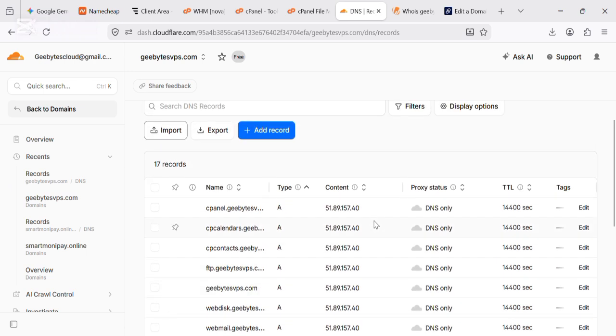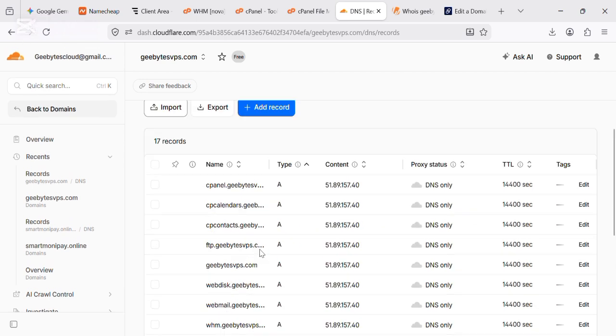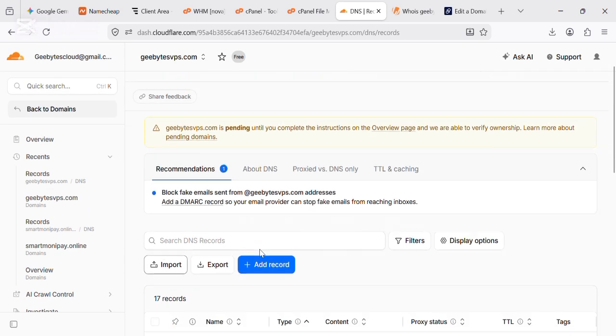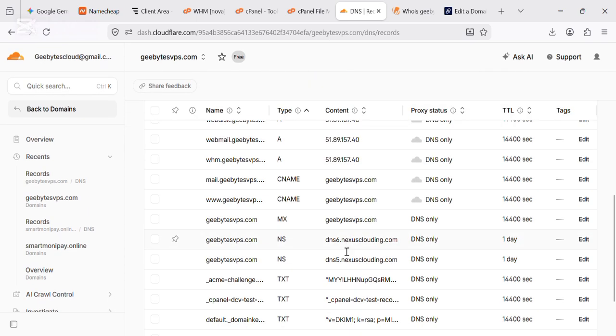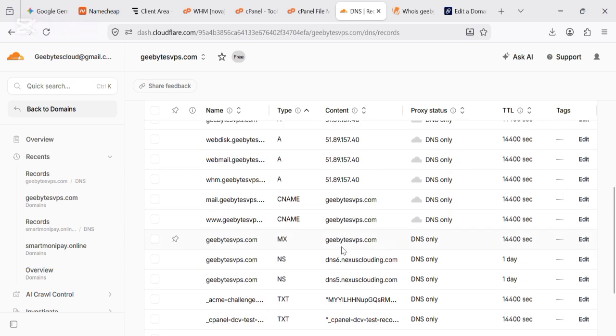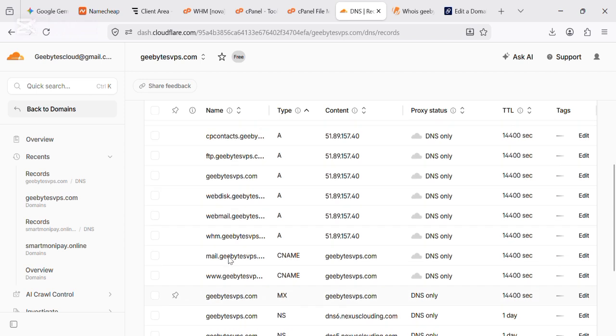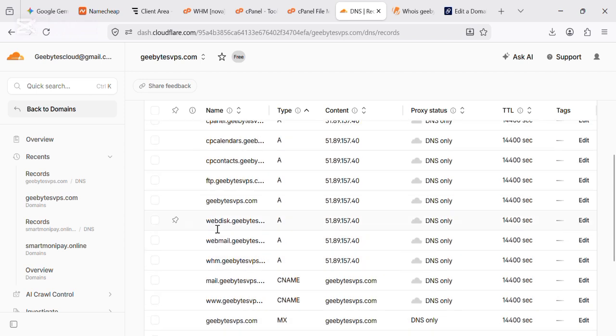Now, what is most important is that it has imported all the records you need. Then it's done. But after importing these records, be sure your SSL and everything is entered. You understand? If they are entered, the most important thing you should do now is go to this A record, this particular one where you have only this.